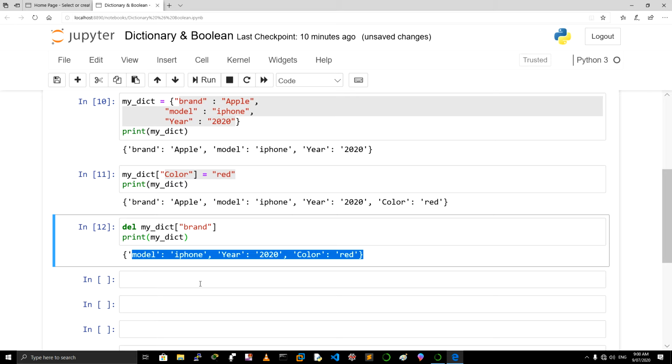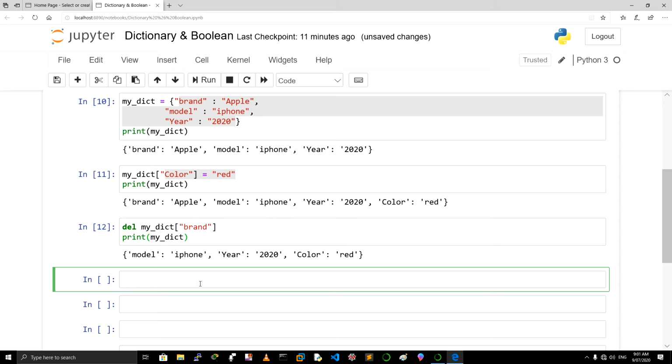Okay, say for example we want to delete the whole dictionary. What do we do? We say del my dictionary,